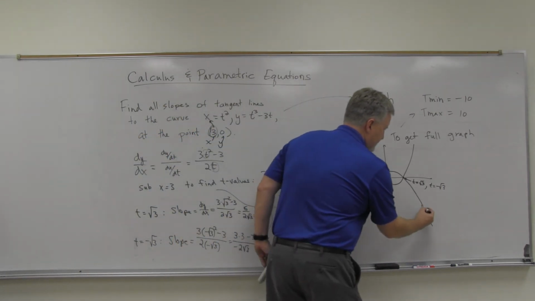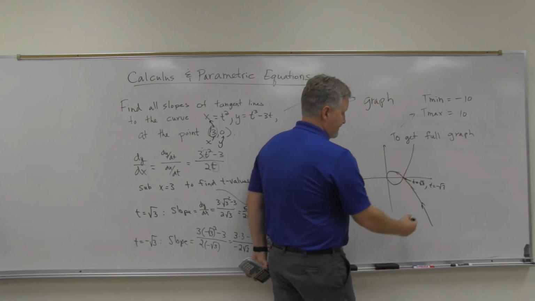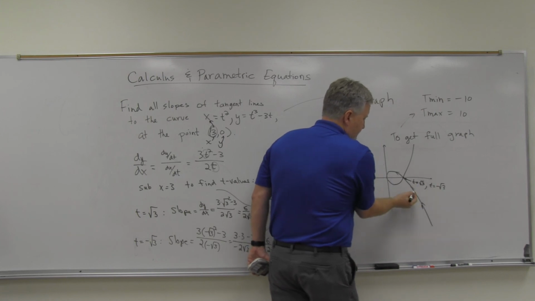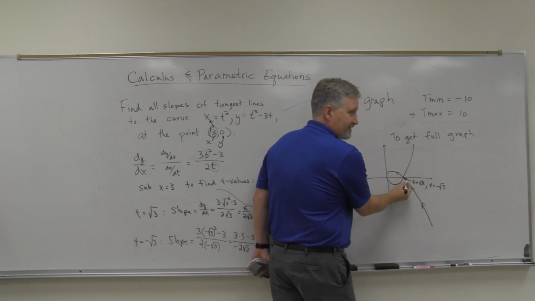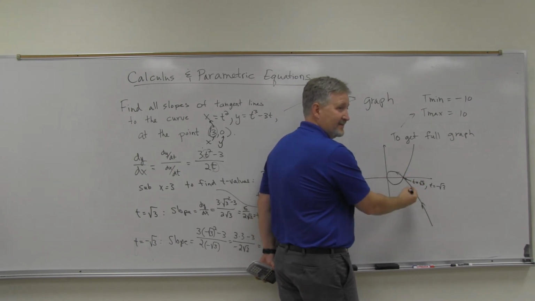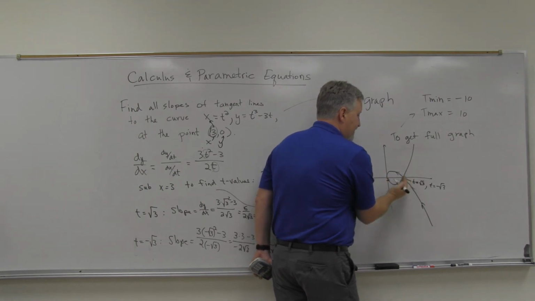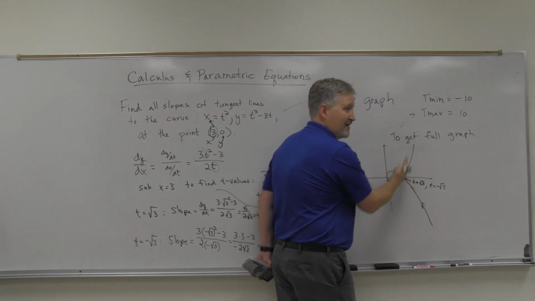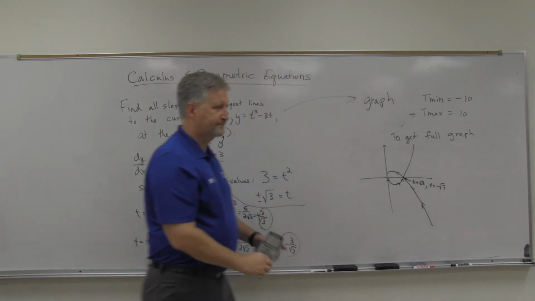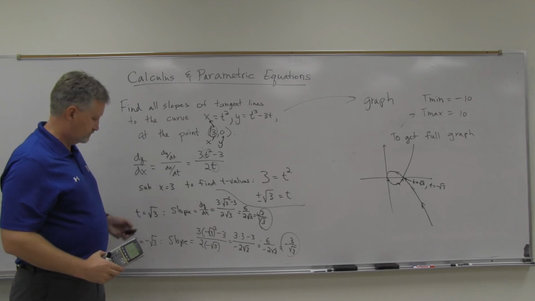The deal is, why do we have, this is a positive slope, this is a negative slope? Well, it comes in here, right? So negative t, t was negative square root of 3, I'm coming up this part of it. So I'm swooping in here. That has a negative slope, doesn't it? At t equals positive square root of 3, I loop back around, and so I'm on this side of it. That has a positive slope. Okay. Is it just ironic that, like, isn't 3 over root 3 just